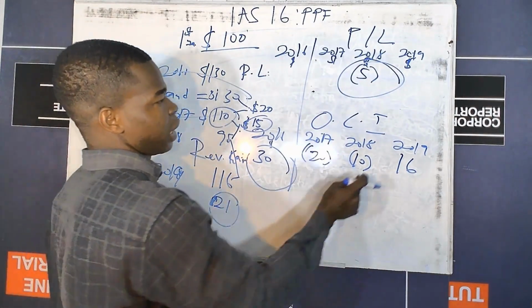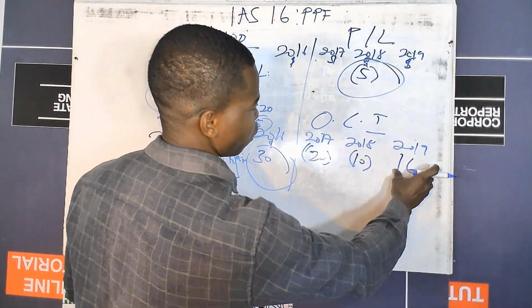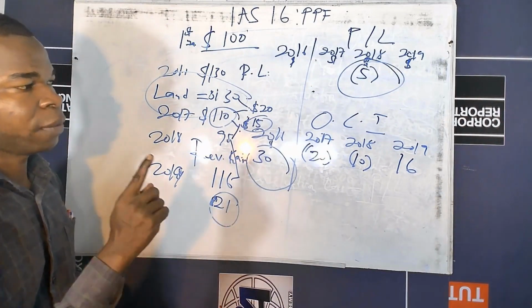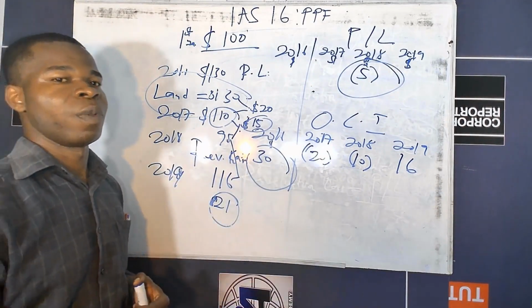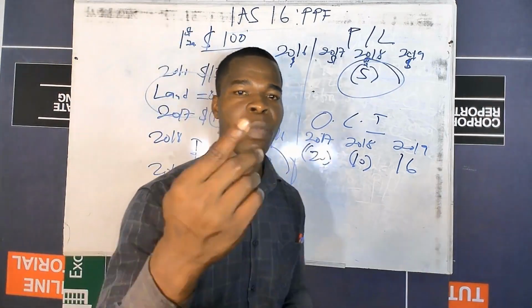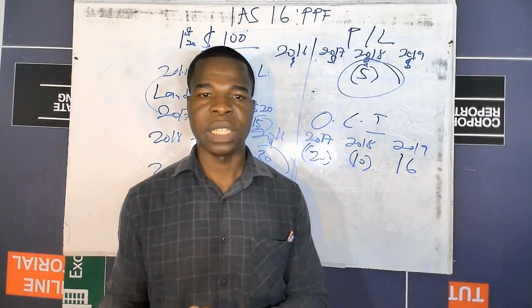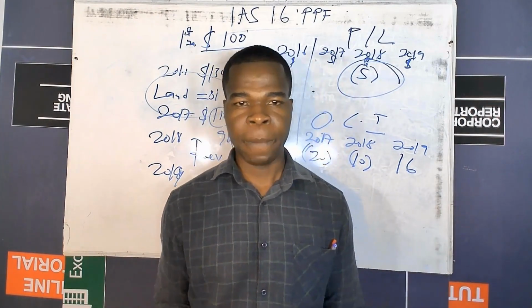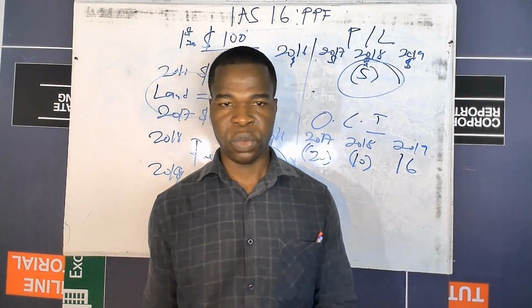So you are supposed to take it from this one first before we treat the rest as revaluation gain. So please, this is about the issues of the revaluation method. Remember that upward revaluation will give rise to revaluation gain, so we send it to our OCI. And downward revaluation, which is revaluation loss, we treat it